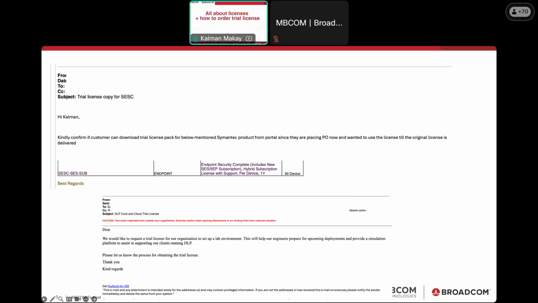Other than that, the customer will receive the final license and can start the journey, and can protect the environment with the Symantec endpoint solution. And the second example is about the trial license for our organization to set up a lab